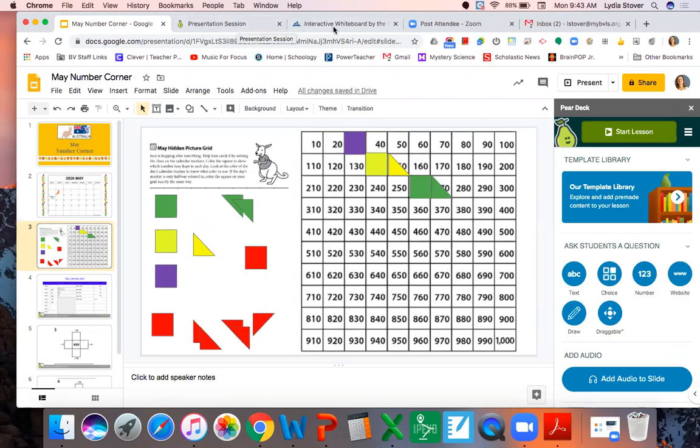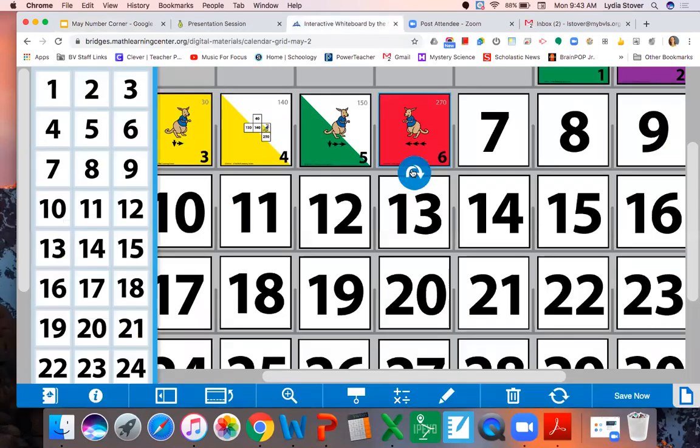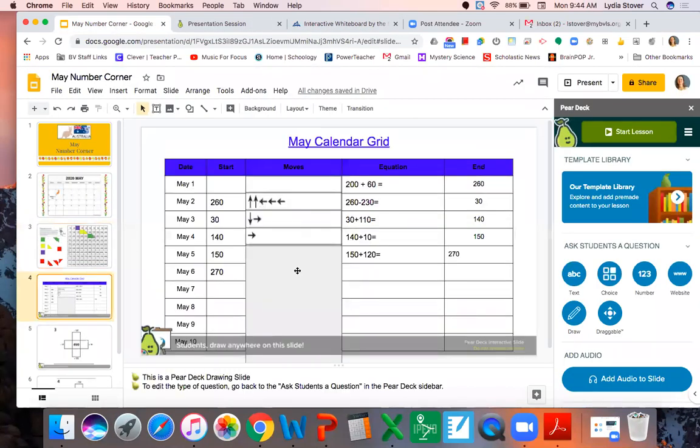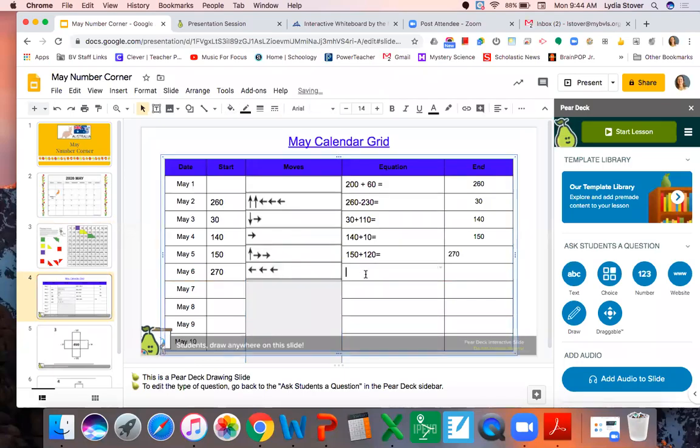Today was red, the 7th. I jumped ahead. All right, so on the 7th, we have 3 arrows going to the left. That means we are going to subtract when we go to the left. This means subtract. Write down what you know with that equation. What are we going to subtract? We go left 3 hops.